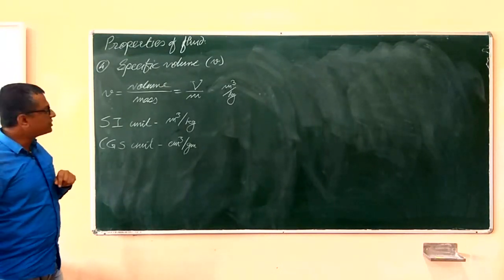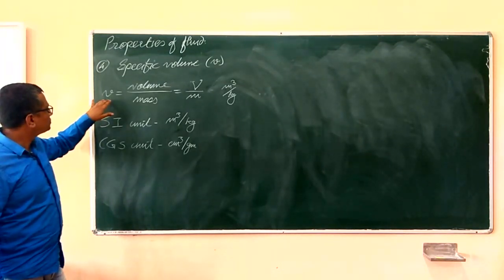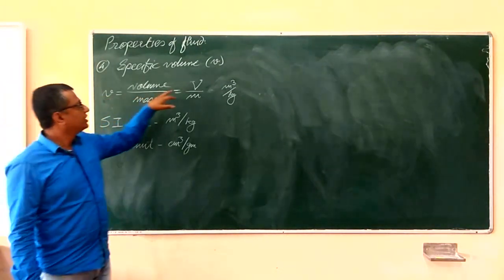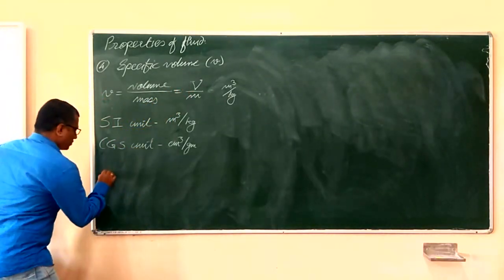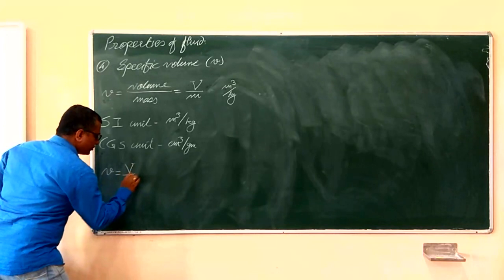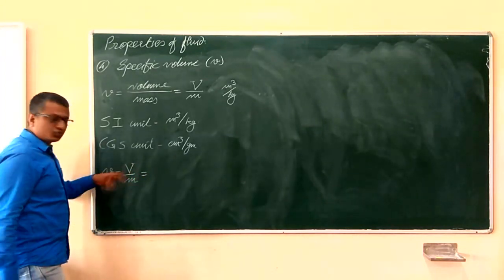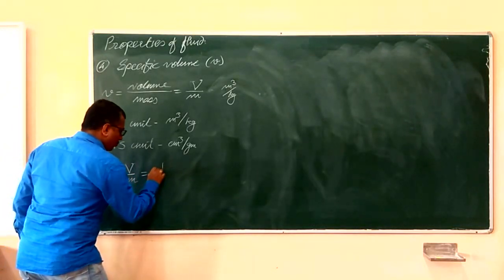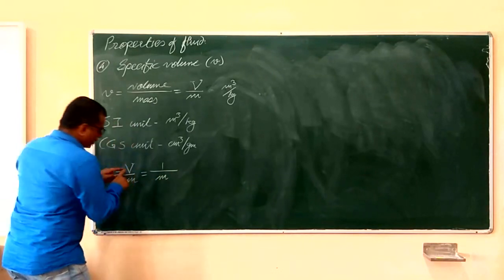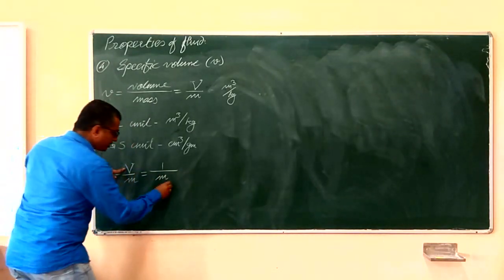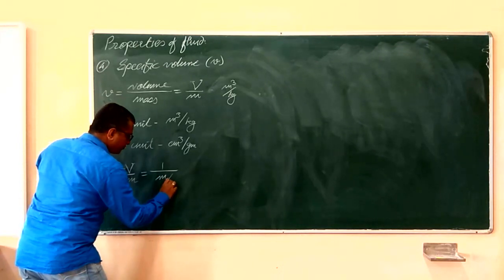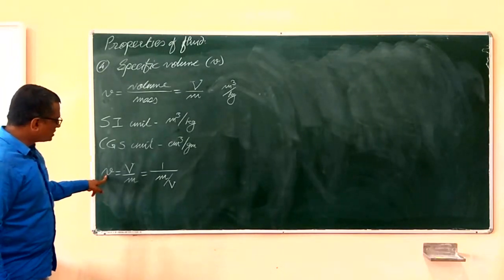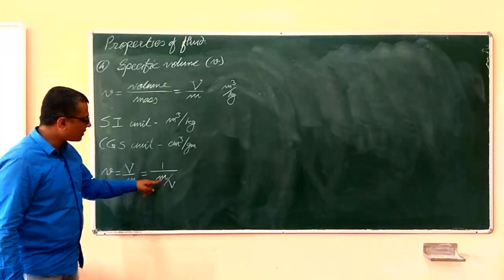Before we go to the dimension of specific volume, let us have one more form of this equation. Small v, the specific volume, is equal to capital V by m. So this small v is equal to the total volume divided by the mass. Now I'd like to reshuffle these two terms in such a way that both terms are in the denominator. So it will be 1 divided by mass of the fluid, and when this volume is taken into the denominator, it will be m divided by V. Now specific volume v is equal to 1 divided by mass per unit volume.